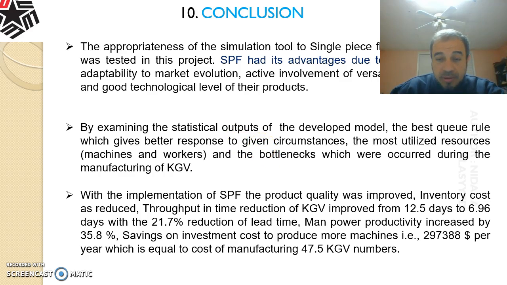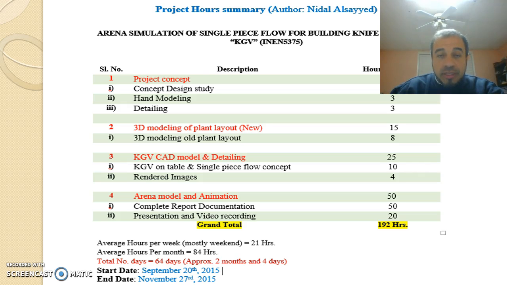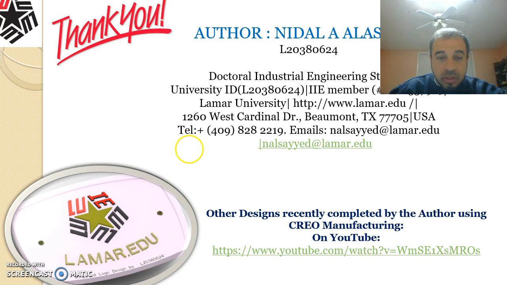We implemented the SPV and improved the numbers as per the objectives we stated at the beginning of this presentation. Again, these phases in this project were divided into about 4 major phases. It took about 2 months and almost 64 days of continuous work to come up with this Arena model and simulations. Finally, I would like to thank you for